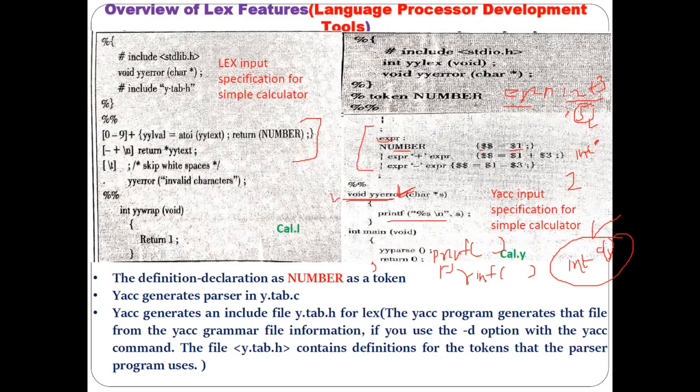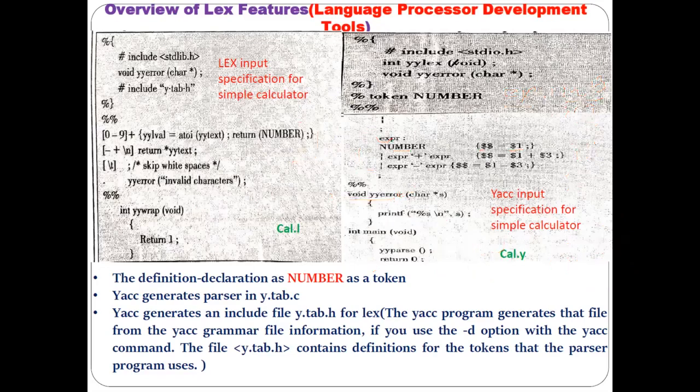Understood? So I hope all of you understood the lex program as well as the yacc program. Now the next thing is how to compile these combinedly and how to generate the syntax analyzer, and how the rest of the part will happen. That I will tell you in the next part. Here you just need to understand the difference between the lex program, declaration section, rule section, and the user defined functions. Okay, user functions. Understood?